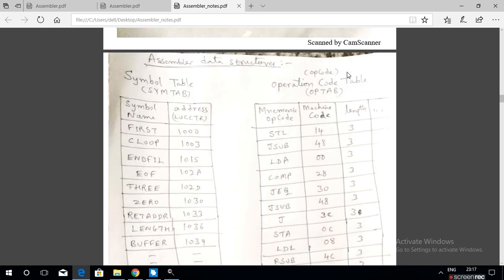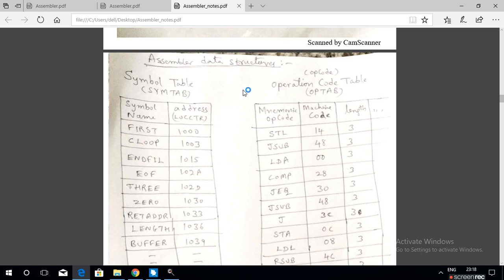See here, assembler data structures. During the process of translating the assembly language program to the object program, the assembler, which is a set of programs, creates one data structure, the symbol table, and makes use of another data structure called the operation code table, or opcode table.